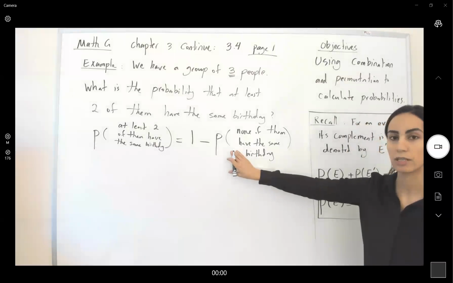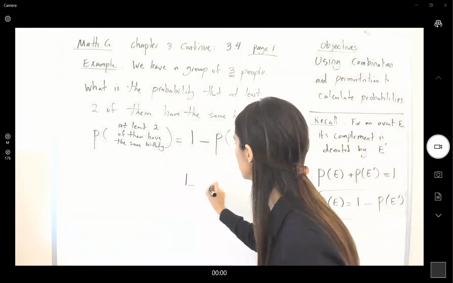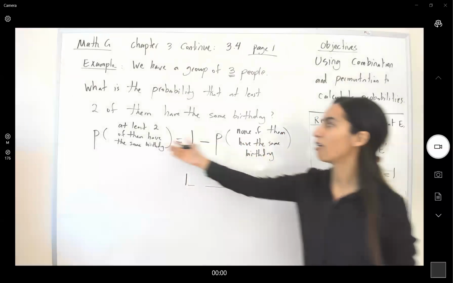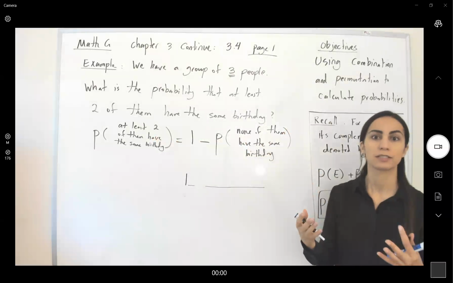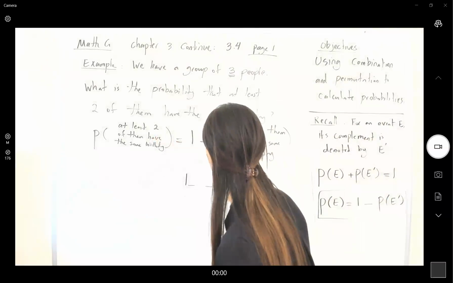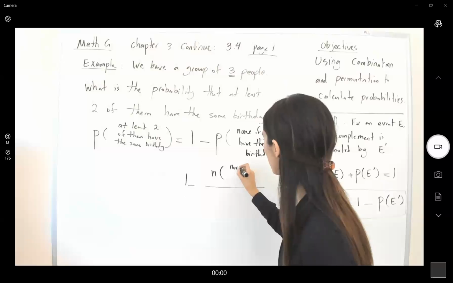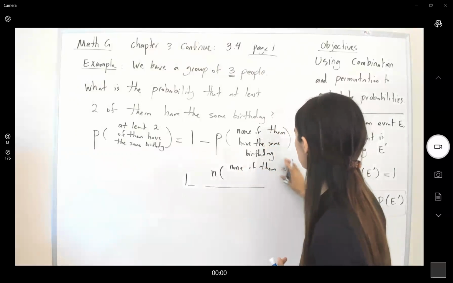So to calculate this, it is 1 minus the probability of the complement of our given event, which is the cardinality n of none of them have the same birthday,